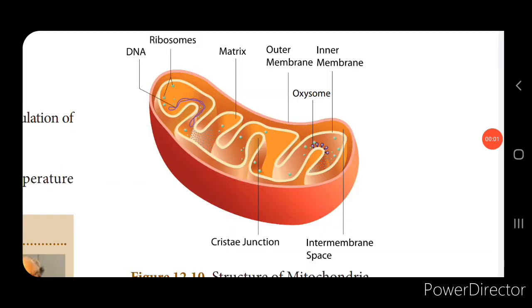Now next we'll see about mitochondria. The picture that you see on the screen is the mitochondria. Now we know that the mitochondria is called the powerhouse of the cell, and if you look into the picture, it consists of two membranes, isn't it? The inner membrane and the outer membrane. You can see that the outer membrane is a smooth one and the inner membrane is folded inward, isn't it? Now this outer membrane is the freely permeable membrane, so it can allow the smallest particles or molecules to pass through it.